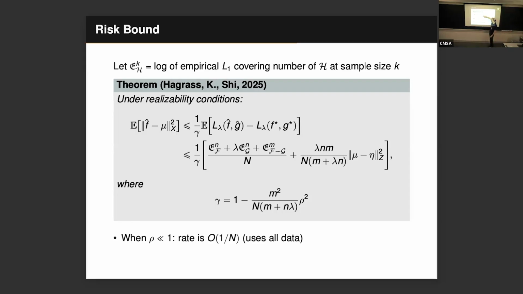I have some quantities here which capture the complexity of the function spaces that I'm working with, but they're not too important. For finite dimensional spaces, these scale like the dimension of the model times maybe log of sample size. The important thing is that when rho is bounded away from one, when the two models make errors which aren't too correlated, then you can almost treat this pseudo-labeling mechanism as providing labels which are true in some sense. You've effectively expanded the sample size